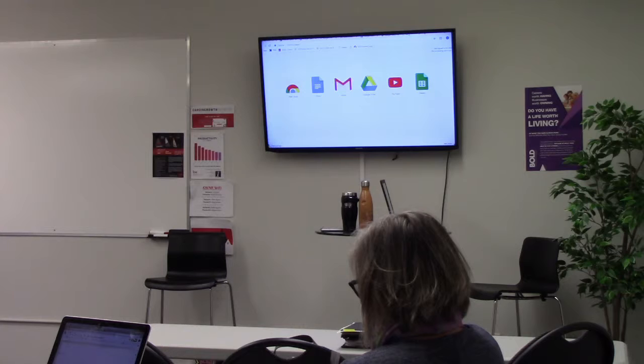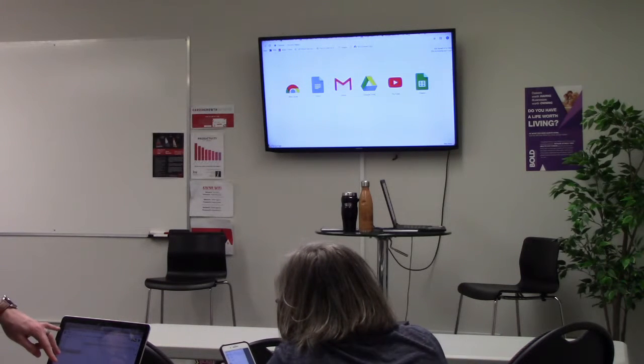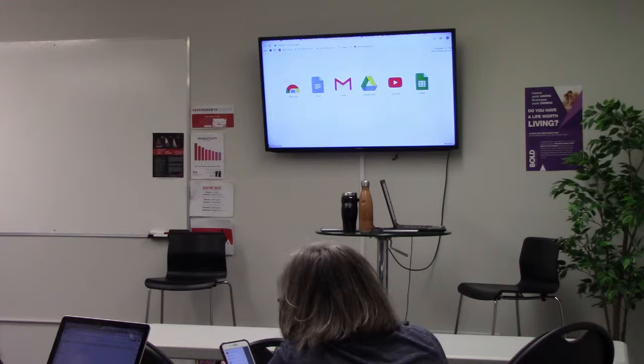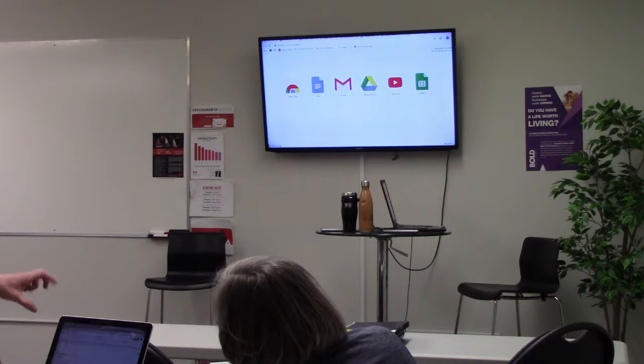I fluctuate between two different laptops. Because I had different software on each, and now I'm trying to get them both to the same point, but I'm not there yet. Is it a Mac we're using? No, I have a Surface, and a larger first laptop. Once you start learning, it kind of gives you the rules on how it's supposed to look.